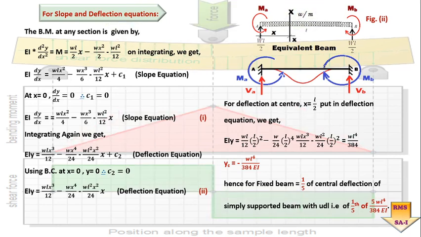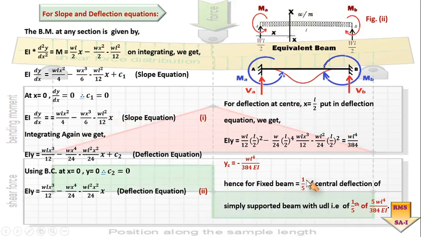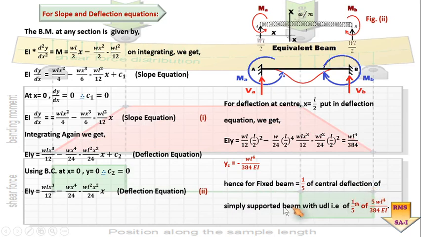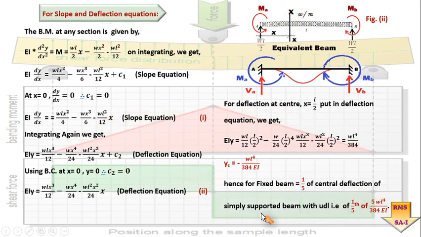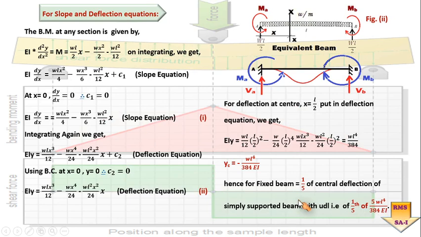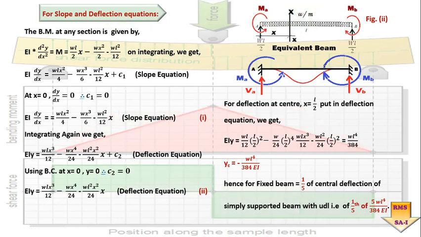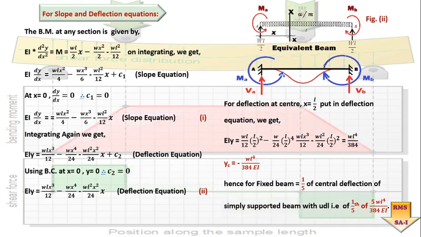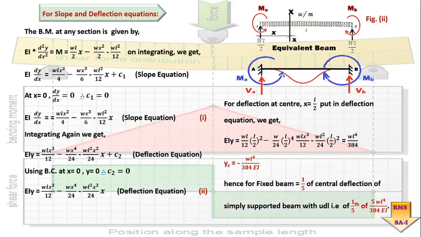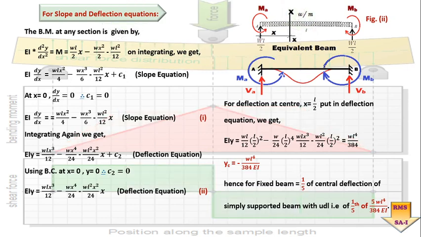So here we have a conclusion. The deflection of a fixed beam is always equal to 1/5 of central deflection of a simply supported beam with a UDL. So this is a basic conclusion which we can draw out of the discussion of this particular case number 2. So I hope you all are getting what is going on in this particular analysis of the